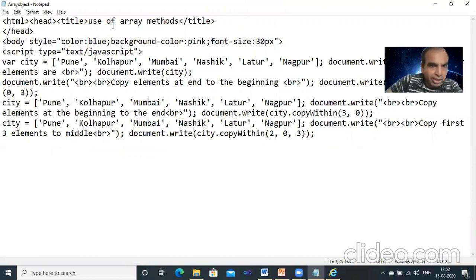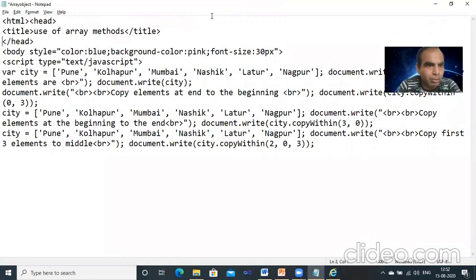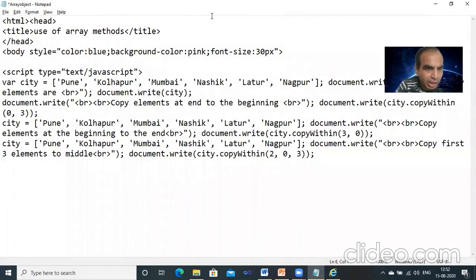See now, in the example they have given an HTML head. They change the background color to blue, background color pink, color blue, and font size 30 pixels with inline cascading style sheet. In the script, they declare the script type text/JavaScript.